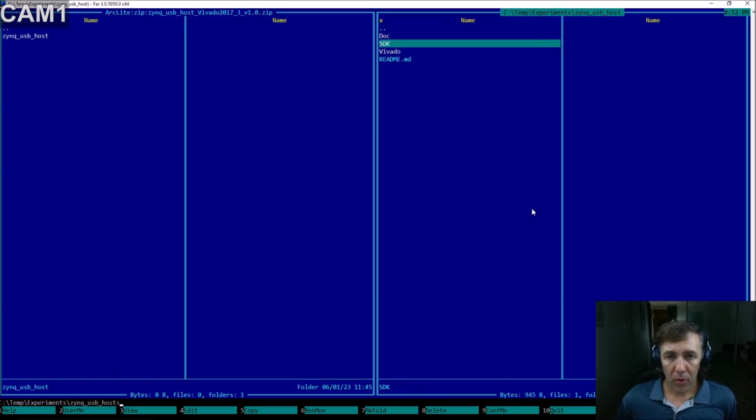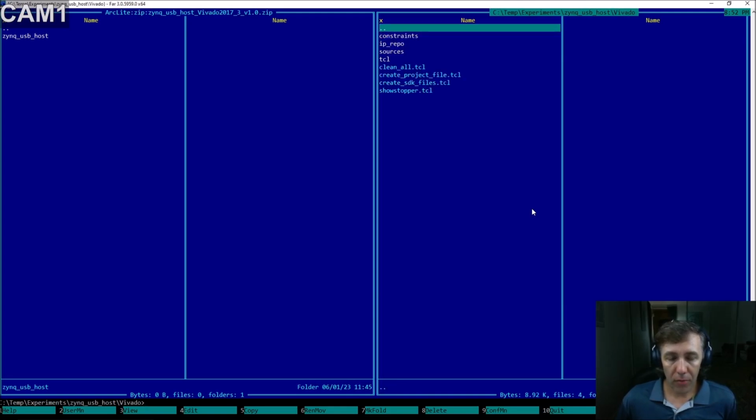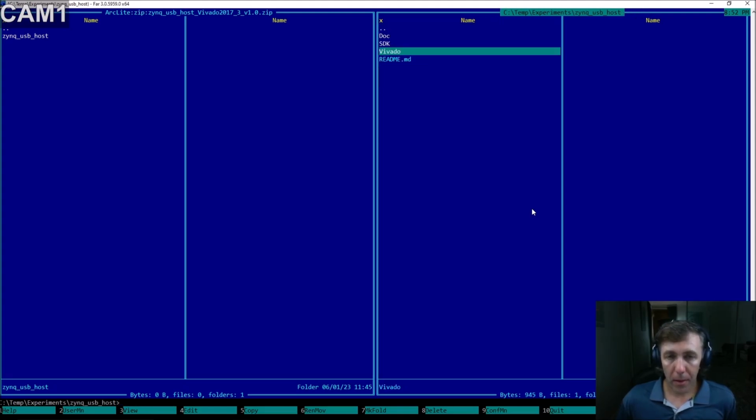The project is subdivided into two parts, SDK and Vivado. Vivado contains a set of scripts and configuration files for the PL side, programmable logic side. SDK contains C code and a set of scripts for the application which is going to be running on the ARM core. Let's try to build the Vivado project and quickly go through the